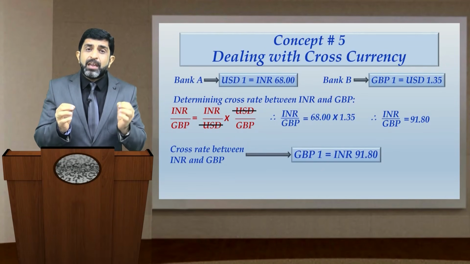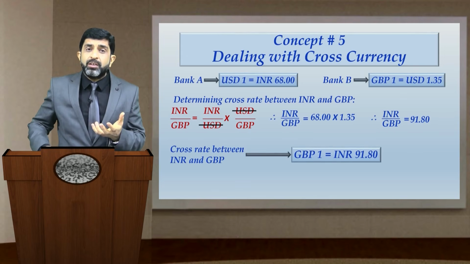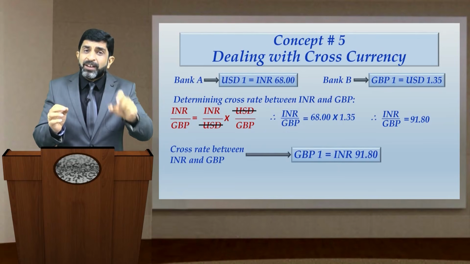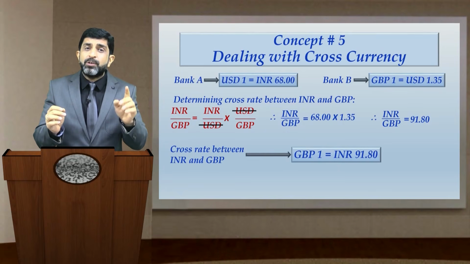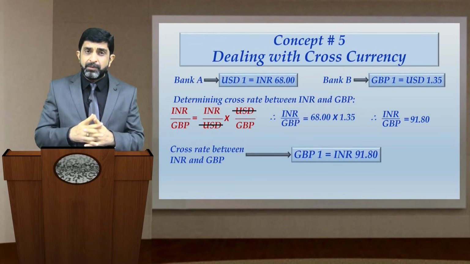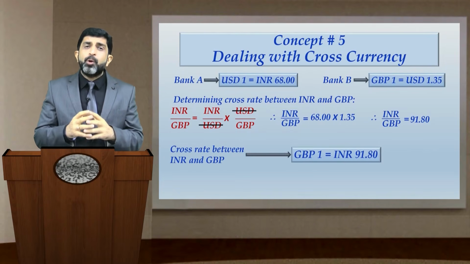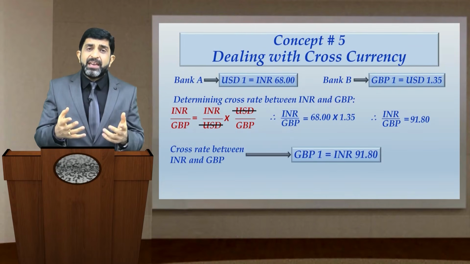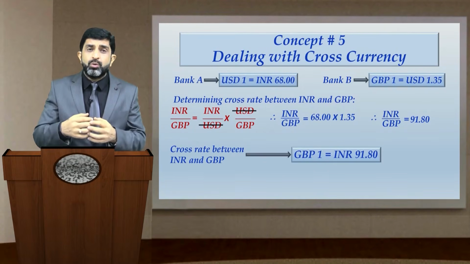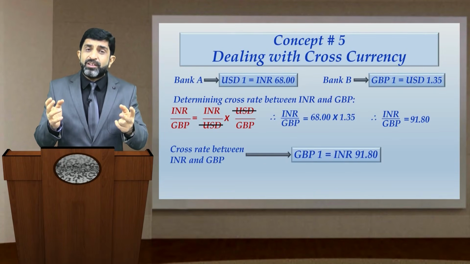If bank B is asking 1.35 USD, I don't have USD in my pocket. So bank B simply says, hey boss, go and first get 1.35 USD and then only you can ask from us 1 GBP. Fine. I come out of bank B, I approach bank A and request that I want USD, and I have Indian rupee in my pocket to give you. Bank A is fine with exchanging rupee and US dollar.